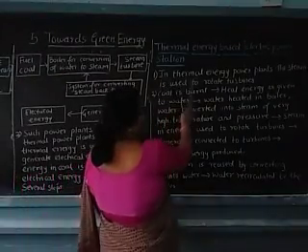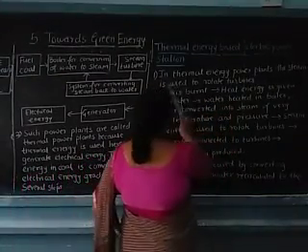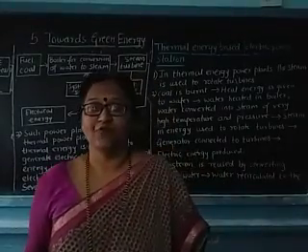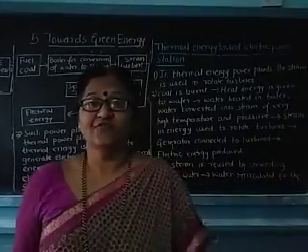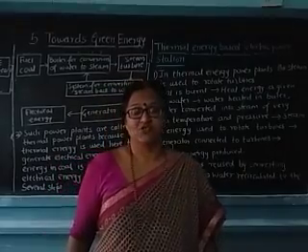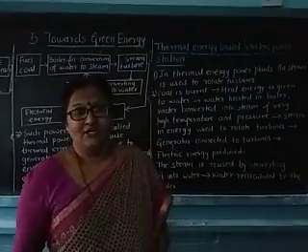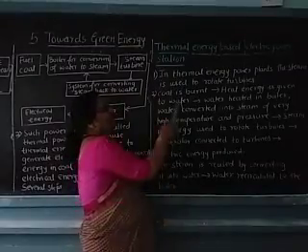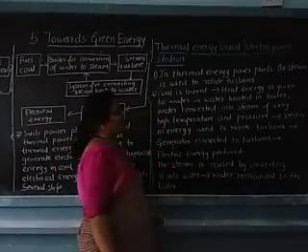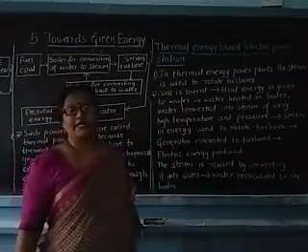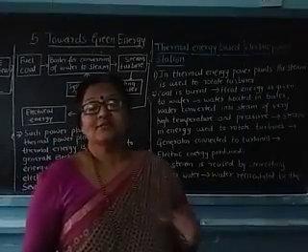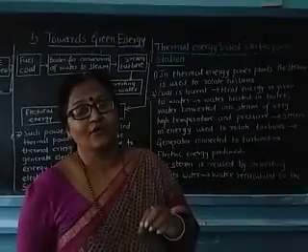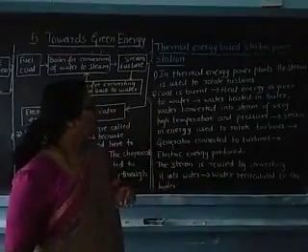In the thermal energy power plant, the steam is used to rotate the turbines. I have told you before that we need a flow of a liquid or a gas to rotate the turbines. Now here, what is actually needed in this plant? In this thermal energy plant, the steam is used to rotate the turbines. That means the steam is allowed to flow onto the turbines, therefore the turbines can rotate.